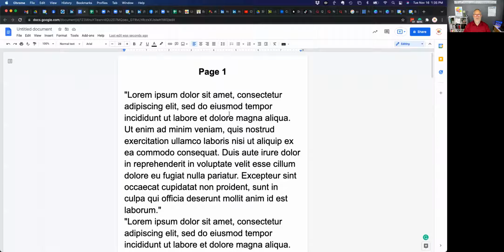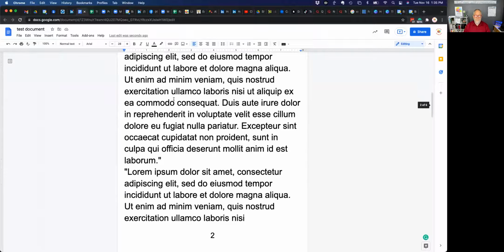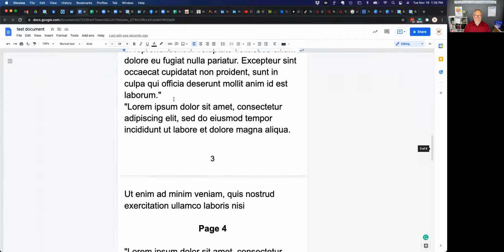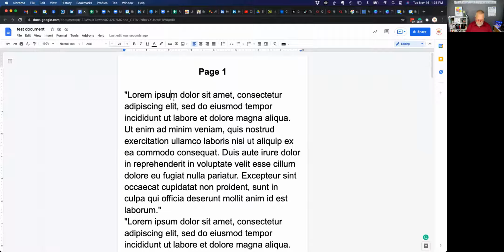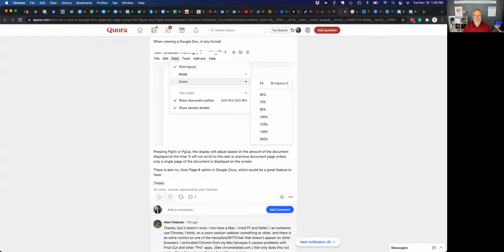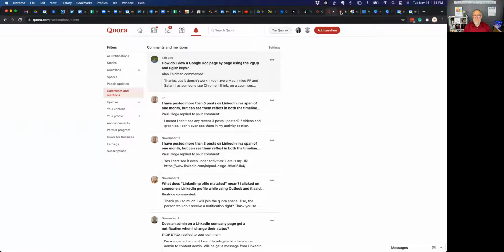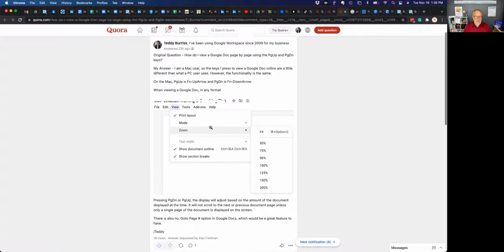So I had someone say to me on Quora that I couldn't page up or page down in a Google document. This is a test document. So I create a test document and I can scroll left and up, scroll up and down button. But I can also, I think on my Mac, let's see if I said this right. I said that the keystroke on a Mac is